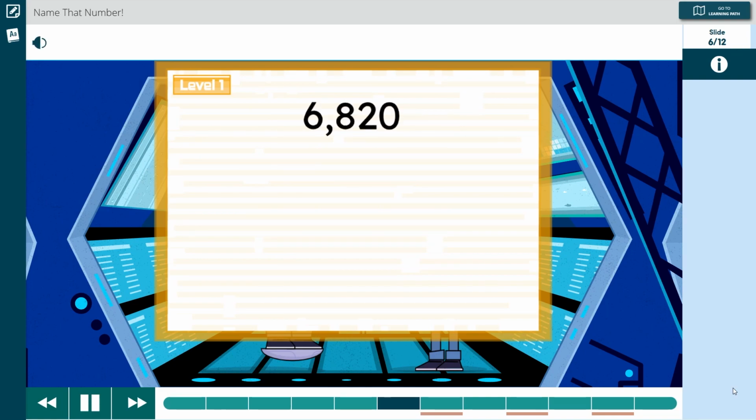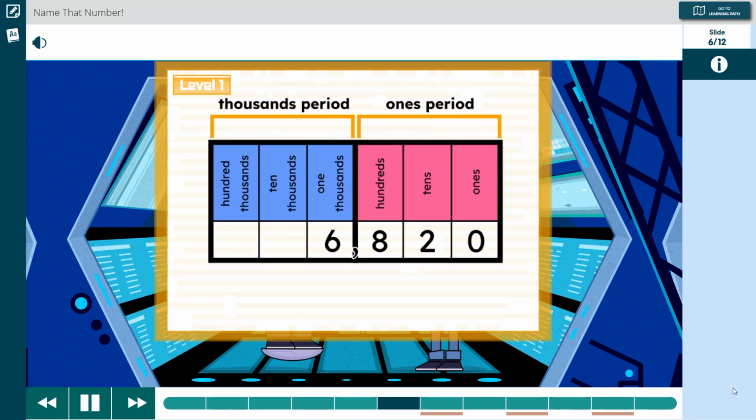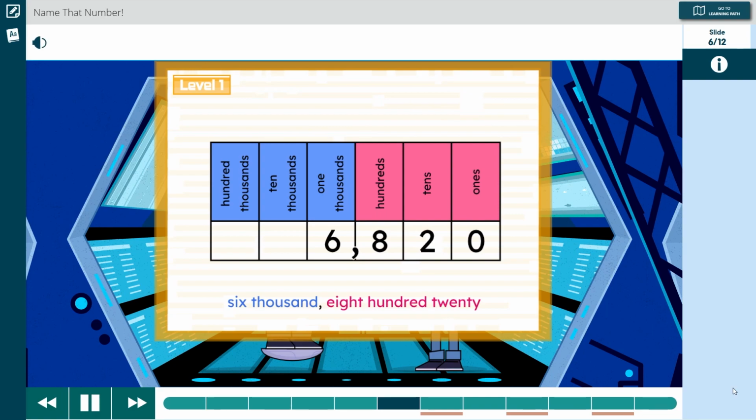Since this number is shown in standard form, we need to write it in word form. Let's first read the number. Then we will write it exactly how we say it. The comma lets us know there are 2 periods in this number, the thousands period and the ones period. There is only the digit 6 in the thousands period, so we start with the word 6,000 before the comma. 820 is in the ones period, so we write those words after the comma. Altogether in word form, the number is